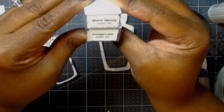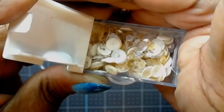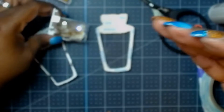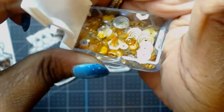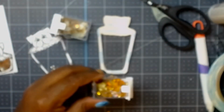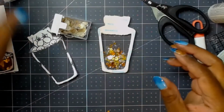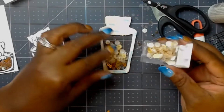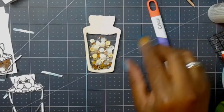I was deciding whether I wanted to back one with the actual image. And I'm going to bring in some sequins from Honeybee Stamps. This is the vintage lace, and then the other that I'm going to use is the warm honey. These are so beautiful, and I'm just going to take them and I'm going to fill up the inside of our shaker, and then I will use some more score tape and add additional acetate behind this,